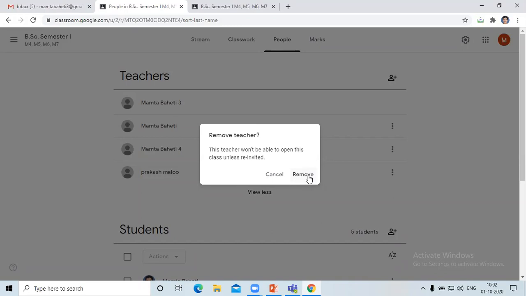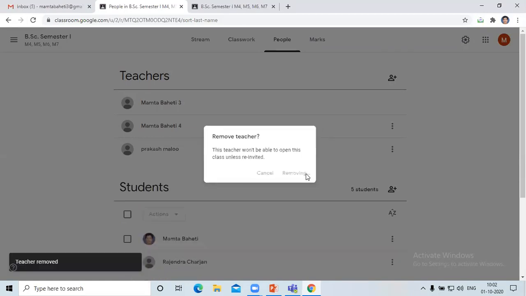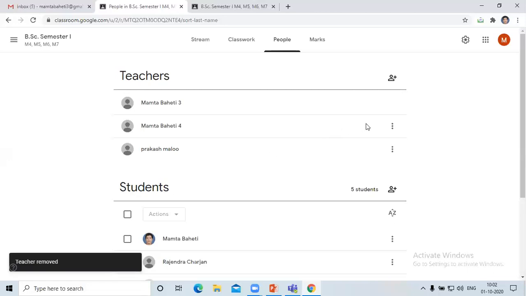So you have to remove that teacher from the current class. So this is the method. I'm removing the teacher. That particular co-teacher is now not available in the list that I am able to view.